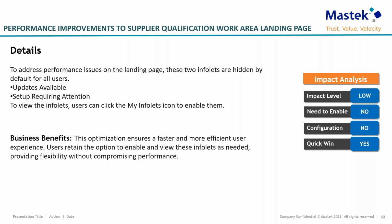So the next is performance improvement to supply qualification work area landing pages. It's a bug and it's now fixed in 24A. So to improve the performance of the landing page and ensure a smoother user experience, two specific infolets names are